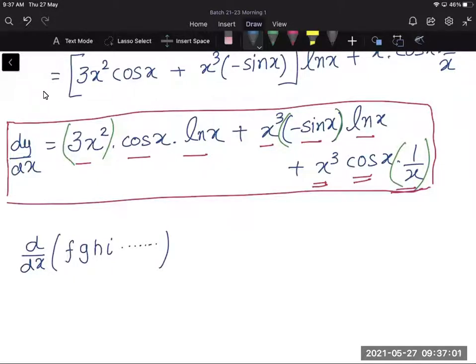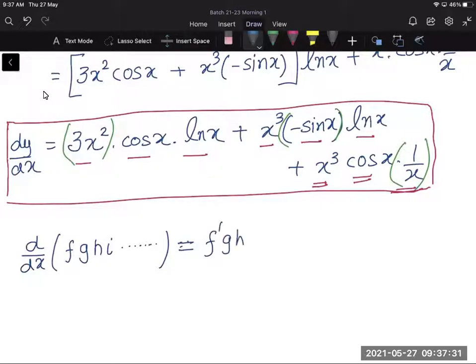I should, but I'm not even bothering to do that. So f represents a function of x, g represents another function of x, h represents another function of x, i represents another function of x, and dot dot dot means that there is a whole chain of functions which are multiplied together, and this will be equal to then